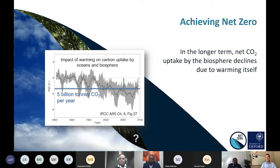So we are going to need that 5 billion tons of carbon dioxide per year, which is more or less what we estimate we could achieve with nature-based climate solutions. So we will need all the nature we can get just to keep the carbon content of the biosphere stable. So you can't count on trees being able to compensate for ongoing fossil fuel use after the next 20 or